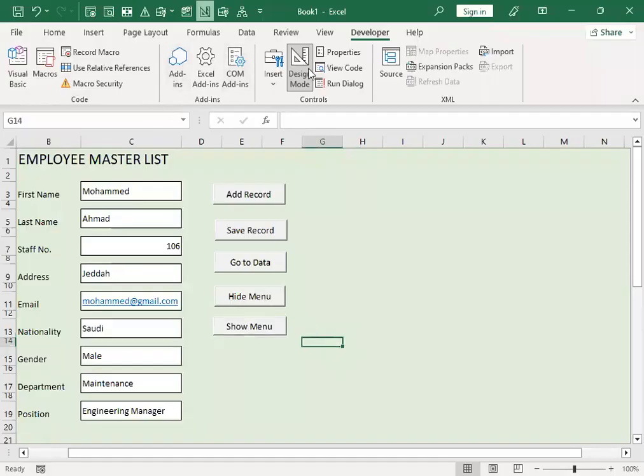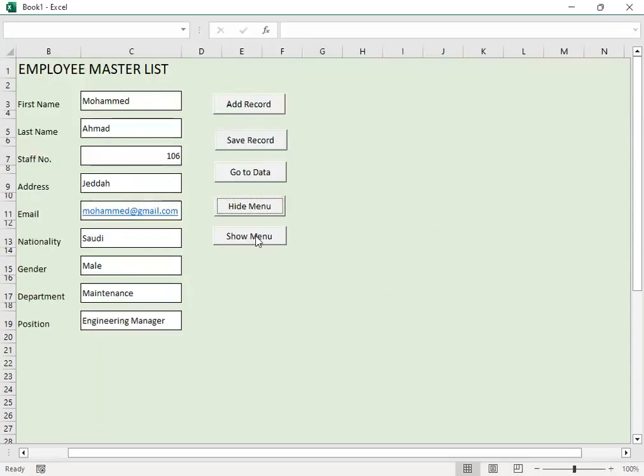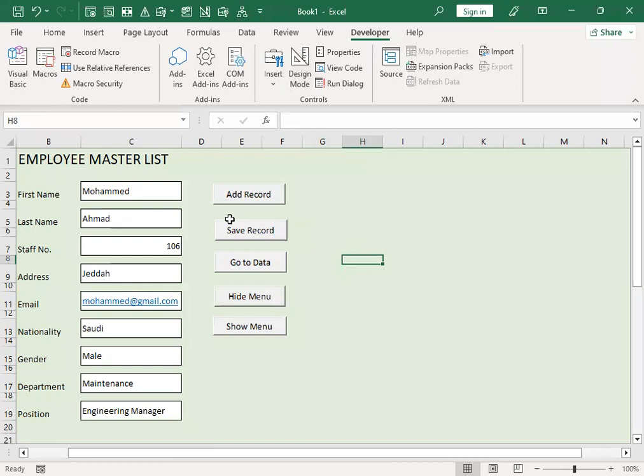So if we're gonna hide this, you just click hide. I'm gonna click the design mode. Okay, hide and show menu. Right? Add record. Okay. This is it for today's lesson about creating an employee master list using two